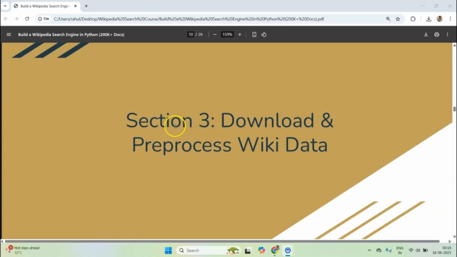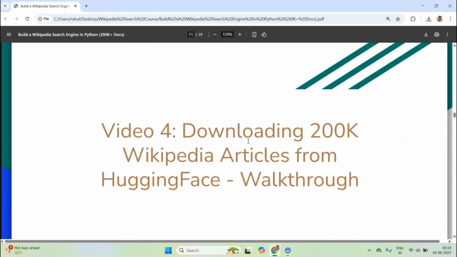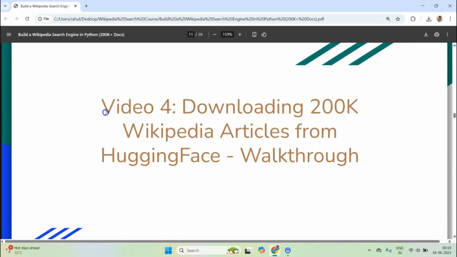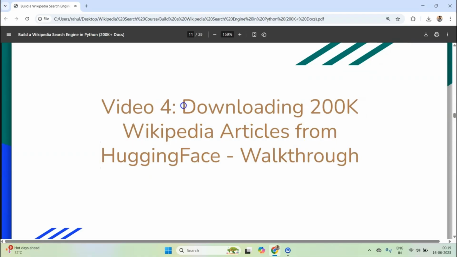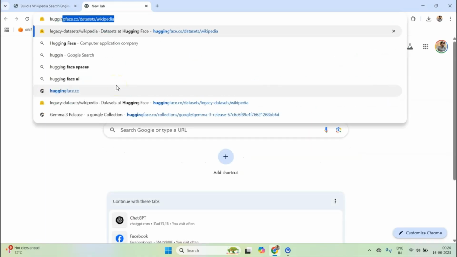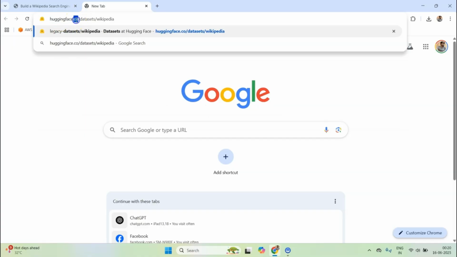Hello everyone, welcome to section 3, in which we are going to go over the download and pre-processing of the Wikipedia data. So let's get started with video 4, which will be more of a hands-on video, where I want to just download these articles from Hugging Face. So let me open a new tab and open this link, huggingface.co/dataset/Wikipedia.